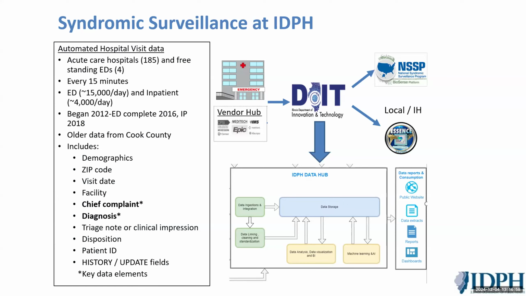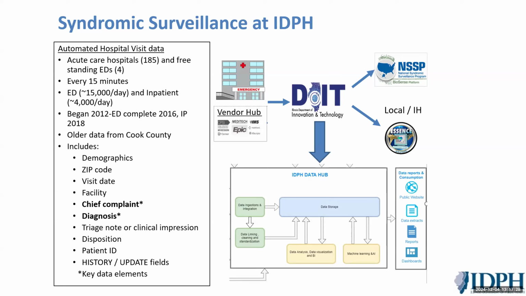This is a real-time data system. It is connected to every acute care hospital in Illinois. It collects information on emergency department visits and all inpatient visits. And we are starting to look into getting urgent care data as well. Data flows in every 15 minutes, and key pieces of information are going to be what hospital they're at, what time and date they visited, the geographic location down to the zip code of where the patient resides,